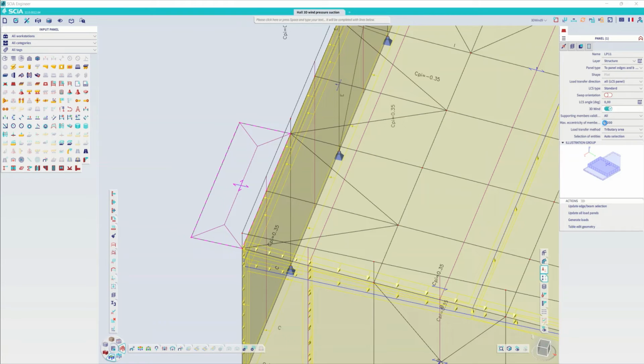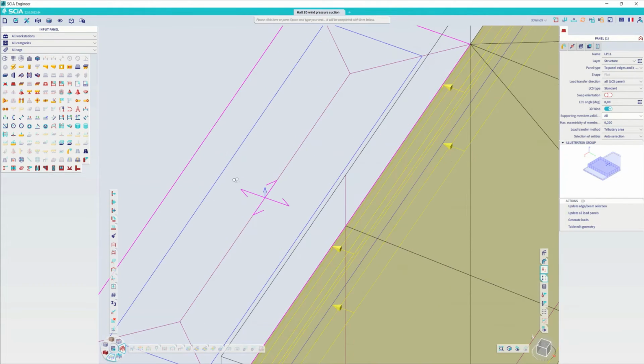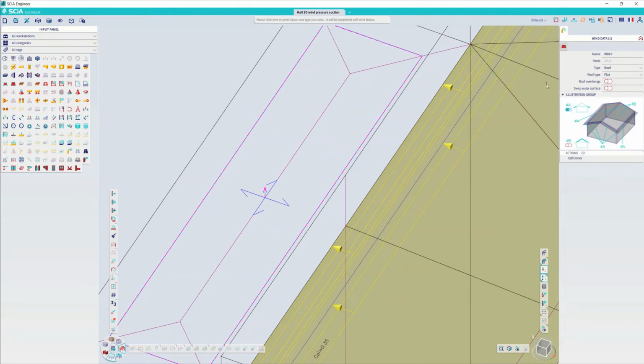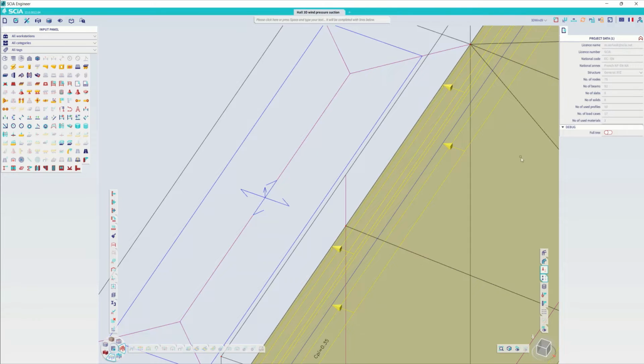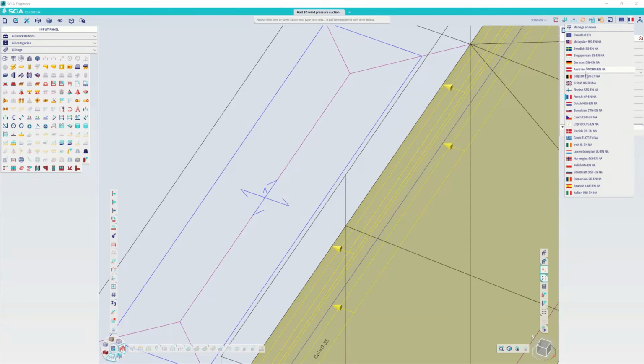Next thing we did was adding some types to the 3D wind data. For example, this awning on the back. The only thing you need to do is set the correct type in the 3D wind data. So in this case, it's just awning, and that's the only setting you need to do. I will run the 3D wind generator once more, so you can see that now also some loads are generated